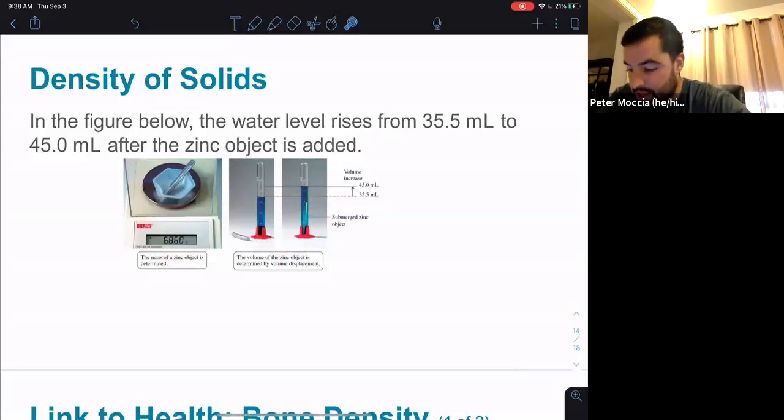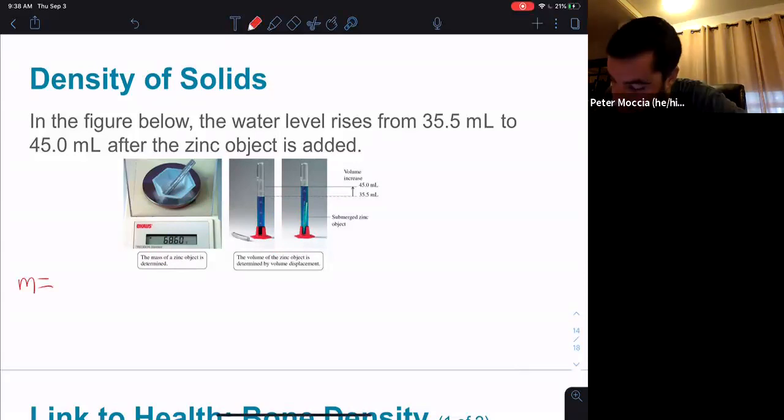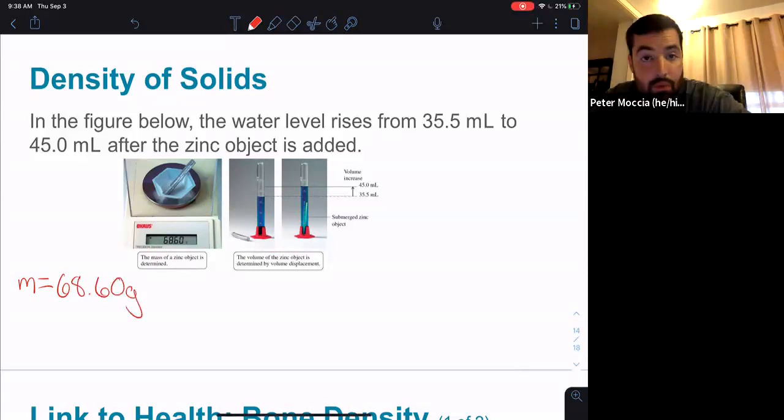So the mass is easy. I can just write down, I know that the mass is equal to 68.60 grams. Don't write 68.6. It went to the hundredths place, so that 0 is significant. This 0 is significant, and you need to write it down. That's important. And then the volume,